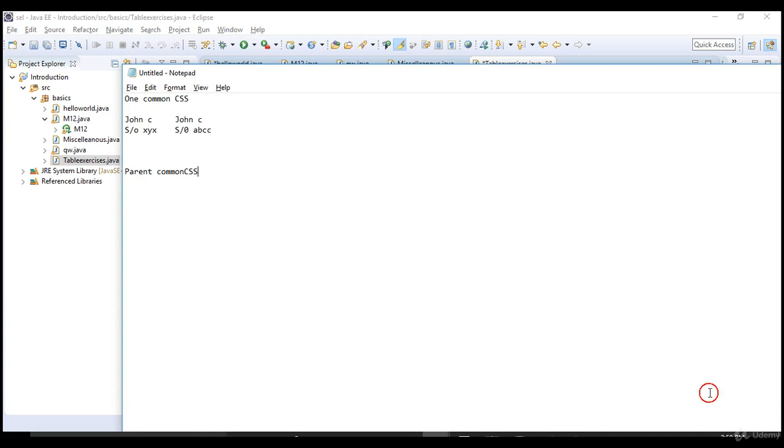Let me show you that. If you want to click on the third child which has a tag name div, you give a space after the parent CSS, then the tag name div, and the child is the third one. That means go and click on the third child item which has the div tag, and when you pass 7, that means go and click on the 7th child item which has tag name div.